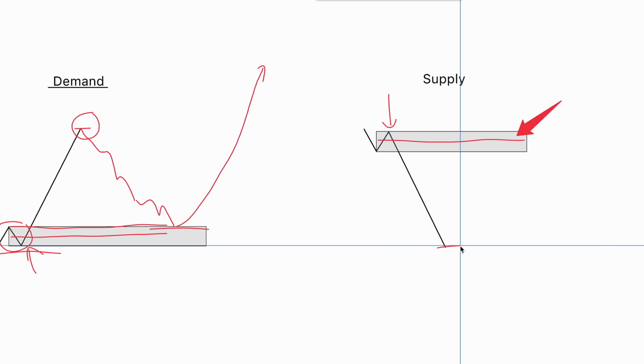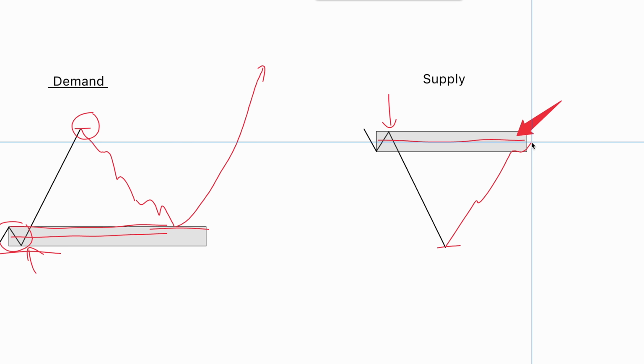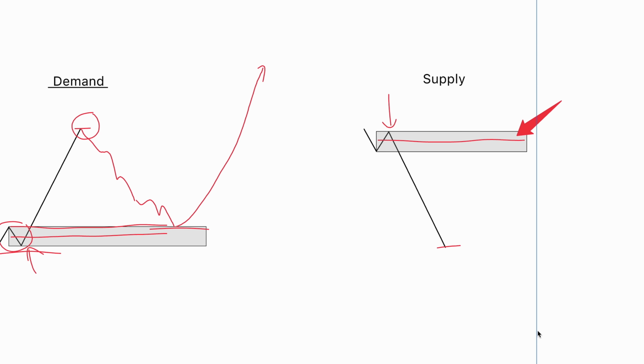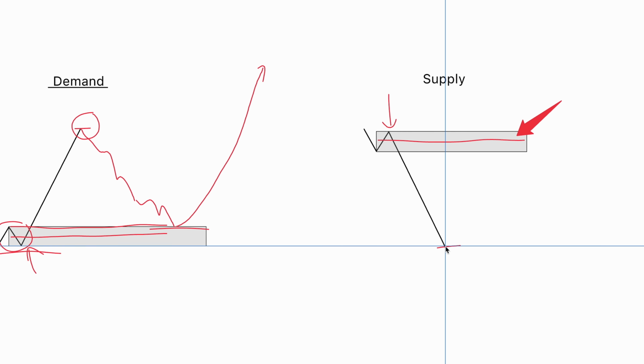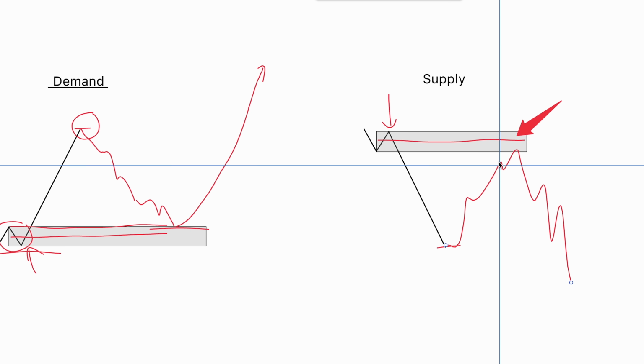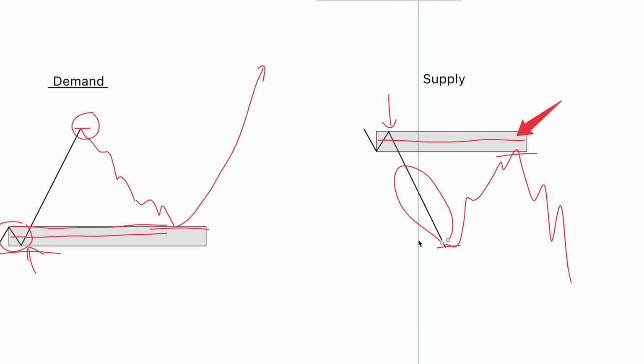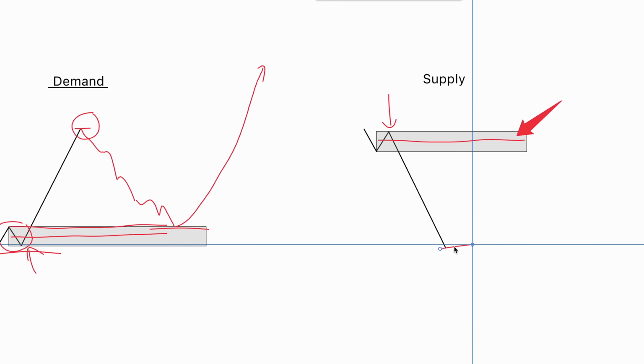And now the market's lower. So if you're holding a buy, maybe you don't want to sell it down here. You'd rather sell it up here because the higher you sell it for, the more profit you're going to get. And if you want to get into a short position to profit from a down move, you don't want to do it down here, because if you do it from up here, you're going to get a much better entry, which means more profits. This entire range you could actually profit from instead of just selling all the way down here